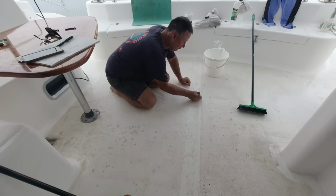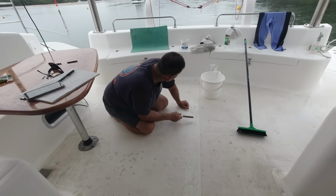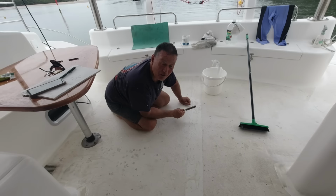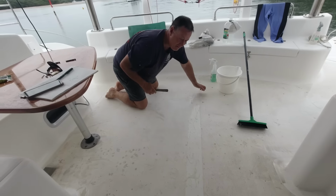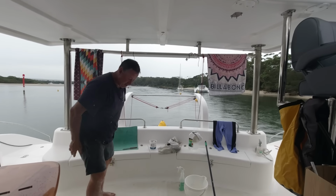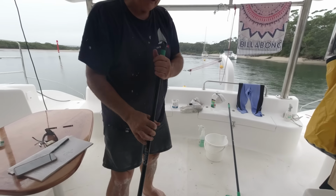It's not ideal, but we're getting there, aren't we? Yeah, and once we get it off, we'll polish it again. And it's about 100% humidity and 30 degrees, so I'm stinking hot. Yeah, me too. It's bloody hot. Yeah, we're both. But look what we have as an option if we get too hot. Yeah, this is pretty nice. It's cleaning up my knees too, the Starbright. I don't know if it's real good on my knees, but yeah, this has been the